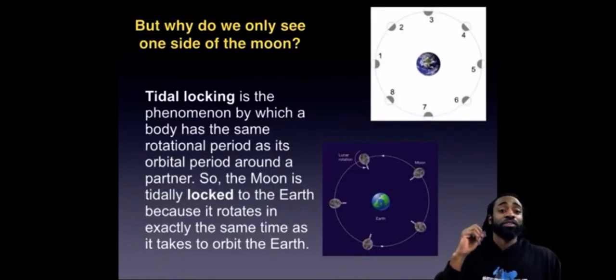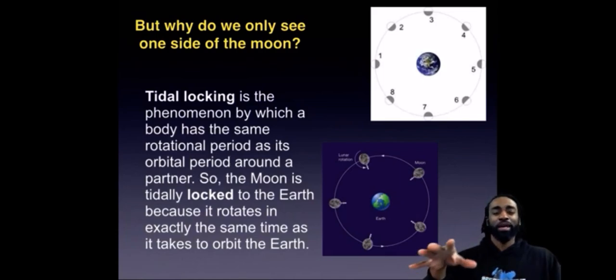Tidal locking is the phenomenon by which a body has the same rotational period as its orbital period around a partner. So, the moon is tidally locked to the Earth because it rotates in exactly the same time as it takes to orbit the Earth. Now, that's another one of those coincidences in this whole globe model, and we got a whole bunch of them. Like, the sun and the moon just happen to look the same size, and when an eclipse occurs, it just happens to